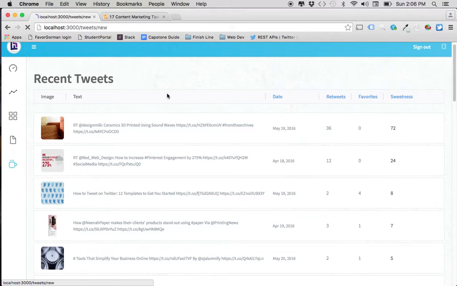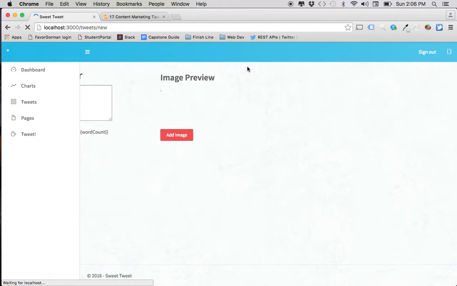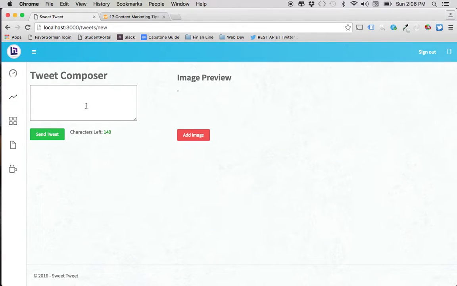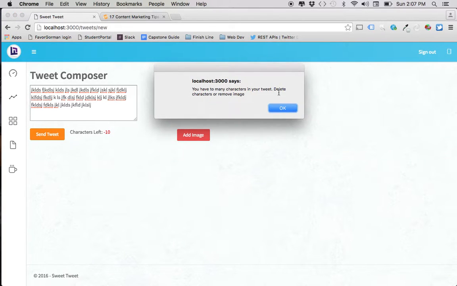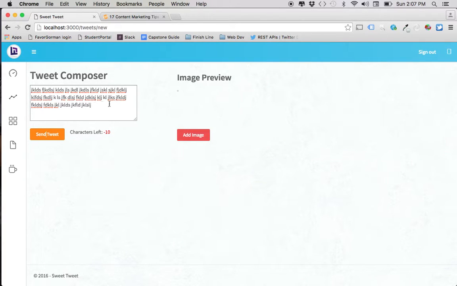And so if you want to compose a tweet, you can also do that. You can compose a tweet manually. And I have a counter here that will not let you go over Twitter's 140 character count. So if I go over, I don't want to tweet that anyways, but if I try tweeting it, it'll say too many characters and will not let you do that until you have a great number. Of course,